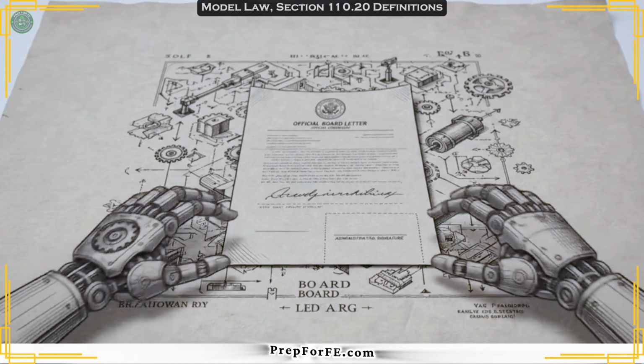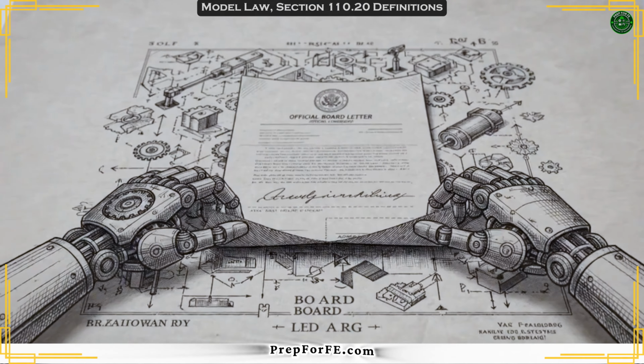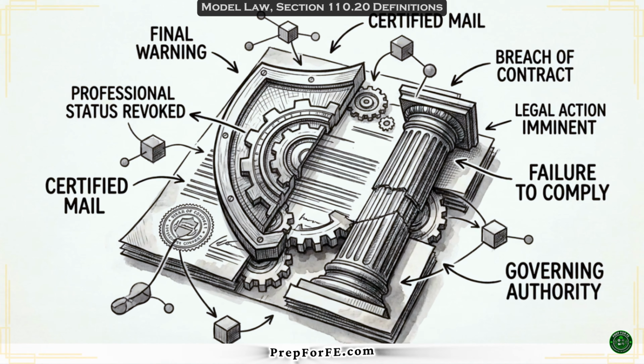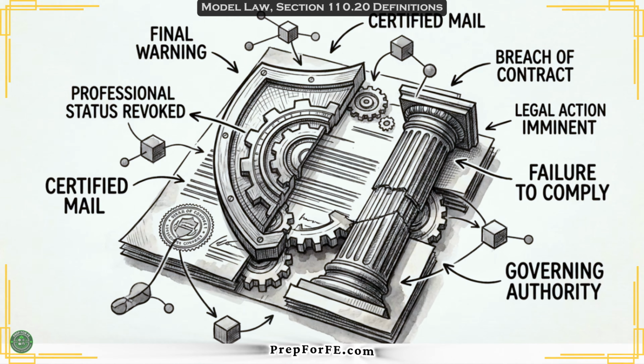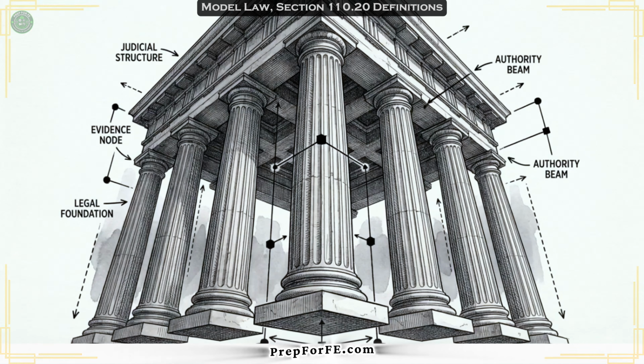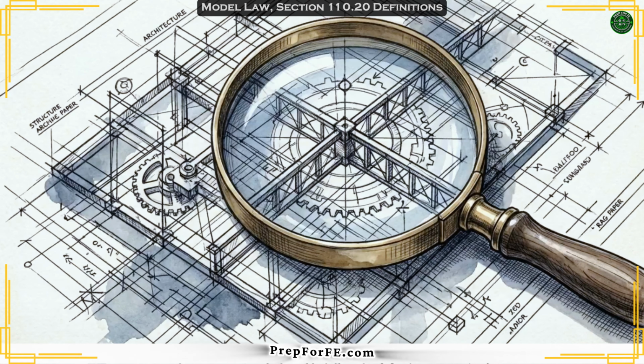Failure to meet these standards or to maintain responsible charge exposes the practitioner to the board's enforcement powers. Disciplinary action constitutes any final written decision taken against an individual or firm, including reprimands, administrative fines, probation, or license revocation. The seal and signature are legally binding declarations of responsible charge, backed by the full authority of the board to issue disciplinary action. Viewed as a whole, Section 110.20 maps the complete ecosystem of legal engineering.